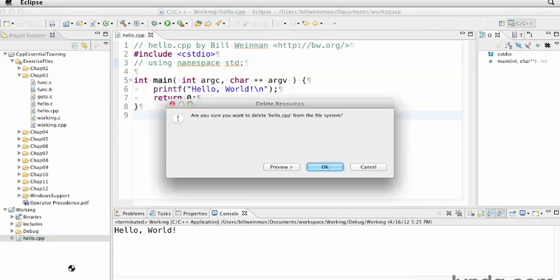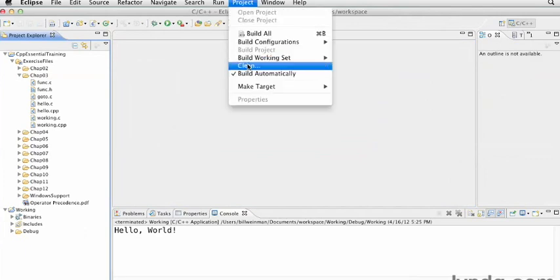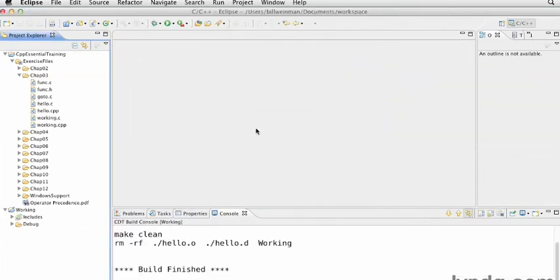So let's go ahead and delete this file and clean it up, and project clean. And now we're all clean for the next lesson. So that's the basic syntax of a minimal C and C++ program. We'll get into more of the details later in this